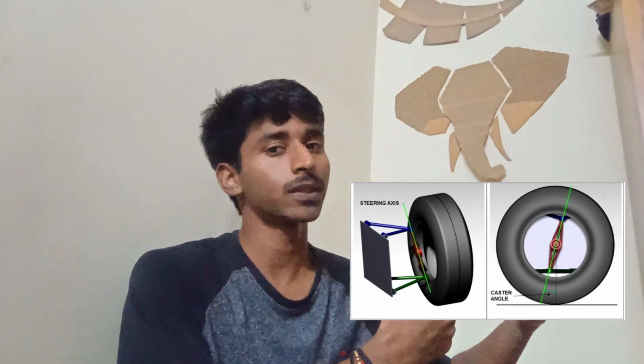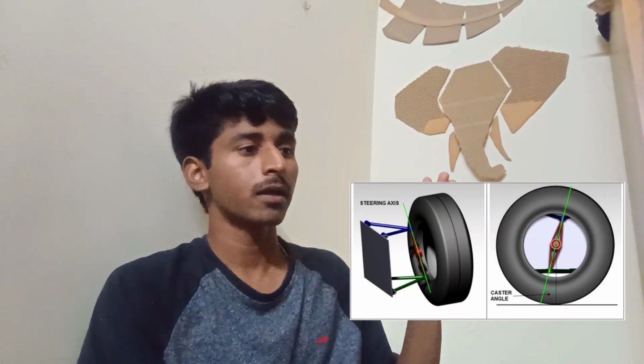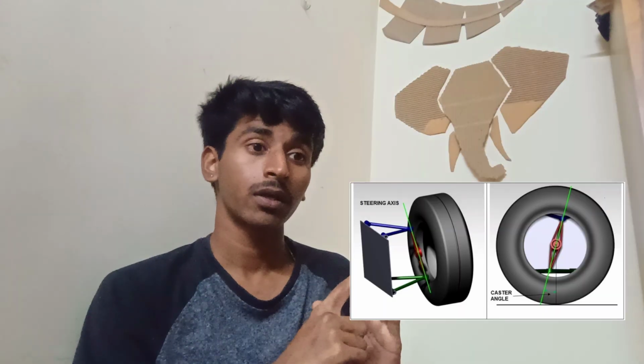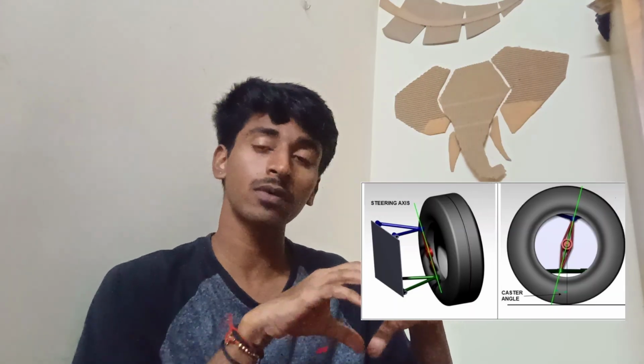Then you have caster. So caster, you have to look at the vehicle from the side. The angle that the steering axis, in the sense the axis about which the wheel is rotating. So the points, the knuckle joints where the wheel is attached, right? Those are the points through which the steering axis moves, and the angle that the steering axis makes with the vertical when you look at the car from the side, that is called the caster angle. When this steering axis is tilted more towards the driver, that is called a positive caster, and when it is tilted away from the driver, that is called a negative caster.